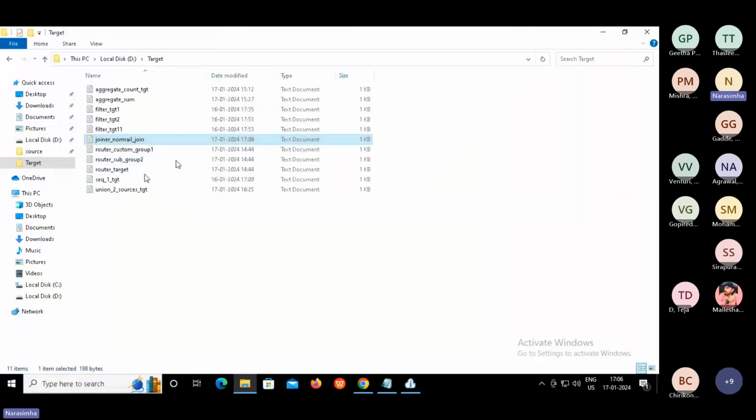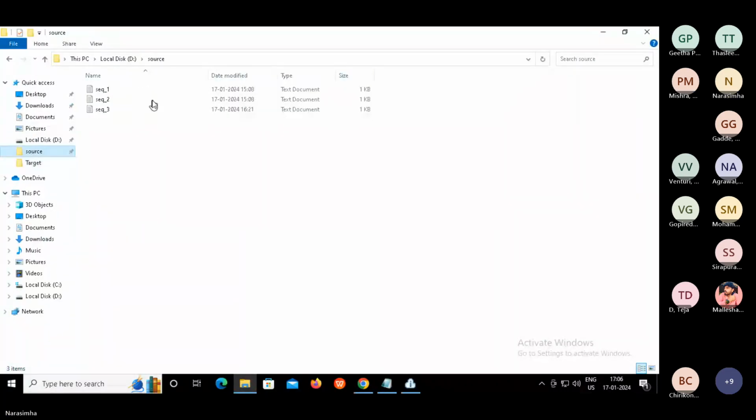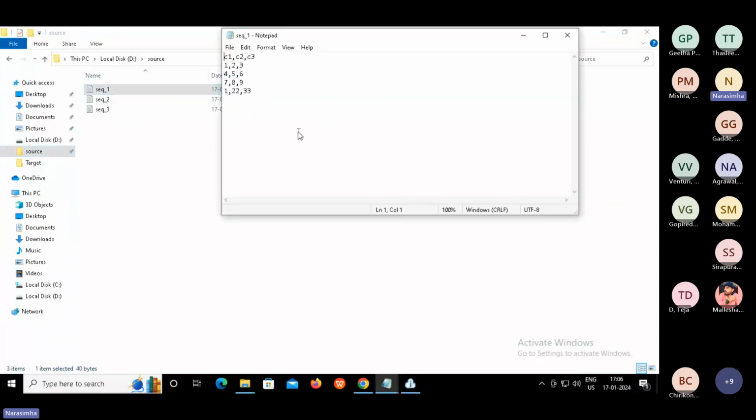Now let us modify the source data. Let us say here we will add one row, which is, let's say, triple one and triple two, then triple three. One new row, right? So please add one new row, because data is same in both the files. That's why we cannot see any difference between normal join and master outer. So please apply this of triple one.